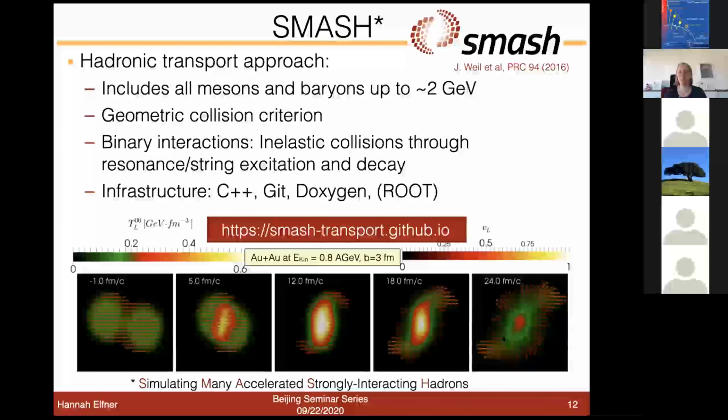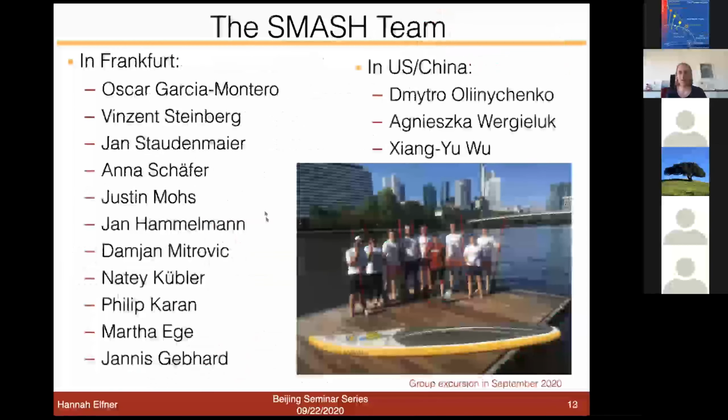Now I also have to tell you that I'm not doing this completely alone, and the current list of people in my group is basically here on the left. Then we have a few people from the outside who were at some point in the group or just externally involved through different projects. And this is a picture recently in Frankfurt, so you also get a little bit of the skyline view, where we did a socially distanced group event where we went on stand-up paddle boards. So we were only that close to each other during the picture. Apart from that, we were always at least 2 meters apart.